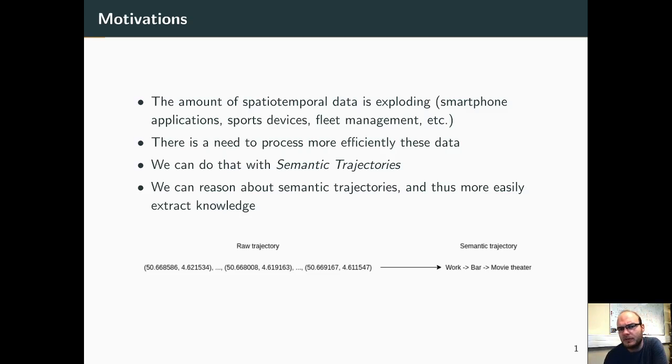So, the motivation of this work is that there is more and more spatial temporal data available to us, and we need a way to process them efficiently. One way to do so is to use semantic trajectories, which are easier to reason about. So, the aim of this work is to propose a method to extract semantic elements like work or movie theater